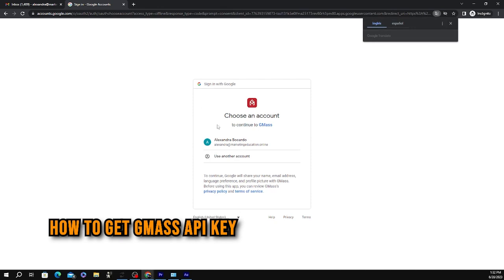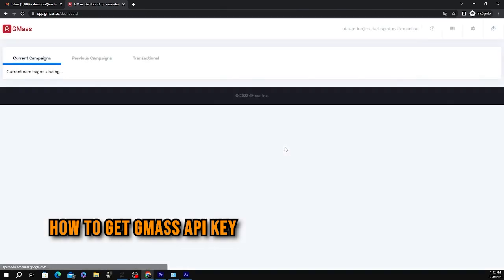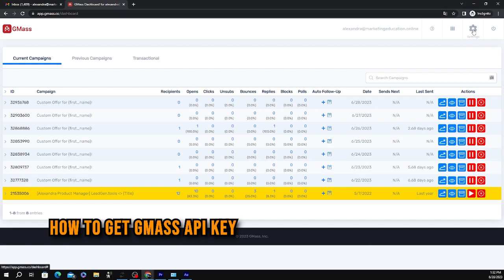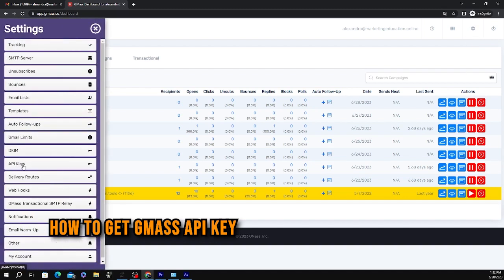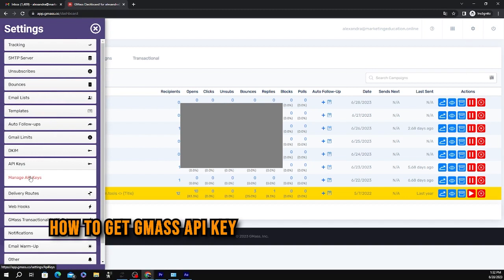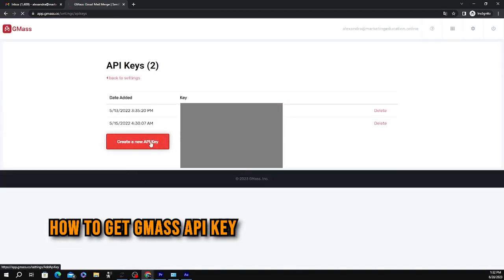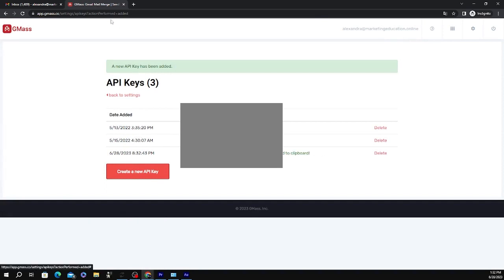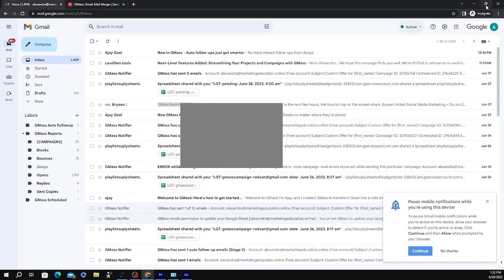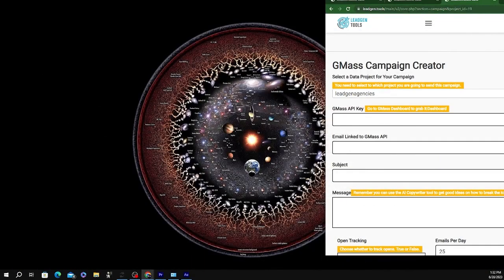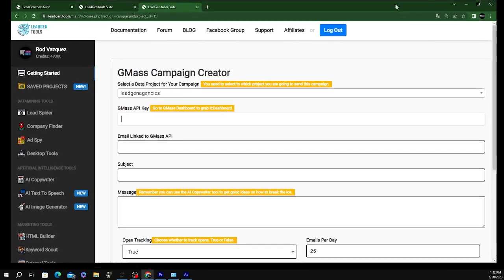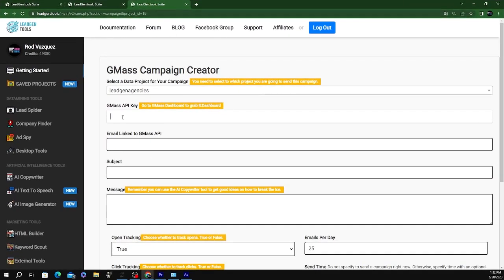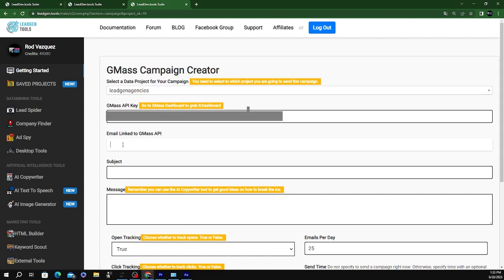So in my dashboard, I connect with the email. So I see the custom emails that I have, and I can see the API keys here. So we click on manage API, you can create a new API key, and I'm gonna use this latest one. So now I need to go back to the system. Let me resize this, and you just paste the API key here. Now I need to put the email that I'm gonna use,